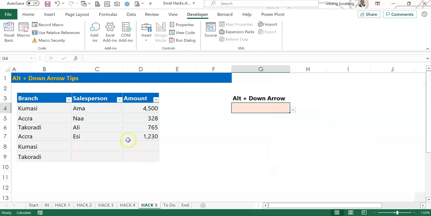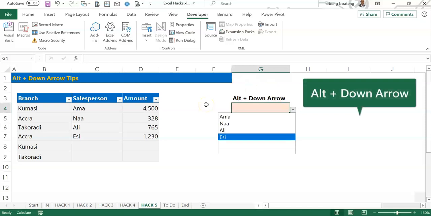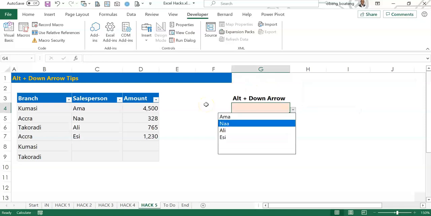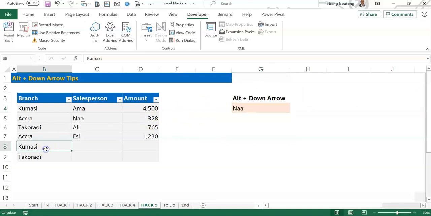and I'll click OK. What this means is when I step in this cell, instead of using the mouse to drop this down, I could just press Alt down arrow, and then I get a list of the names in my source list. So 3 ways you can use it: to enter